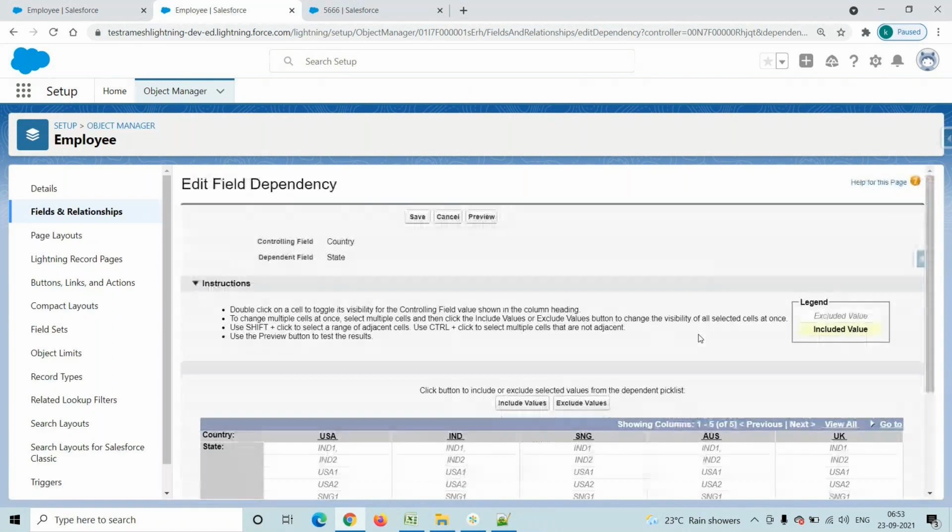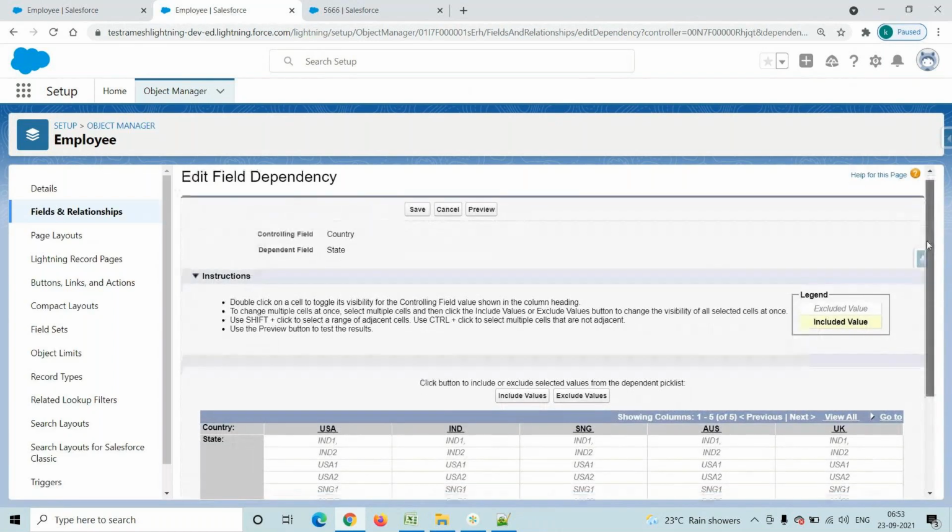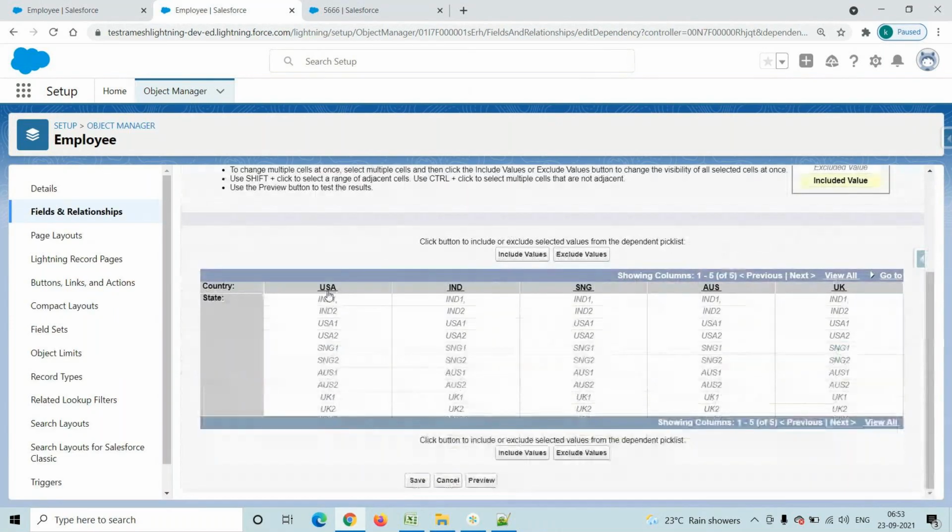Then it will ask for USA which states you want to display. I want to display USA 1, USA 2, right? Go to your keyboard and use the control button: USA 1, USA 2. And for India, which states do you want to display? India 1, India 2. For Singapore, Singapore 1, Singapore 2. For Australia, Australia 1, Australia 2.